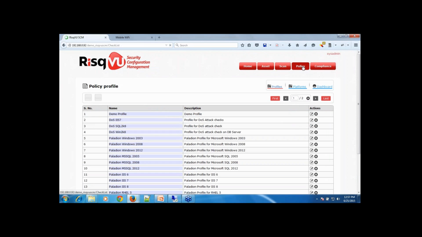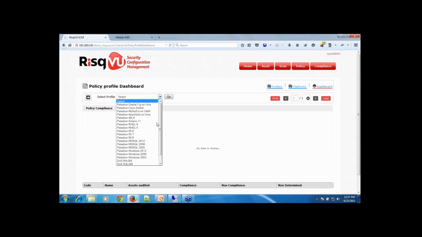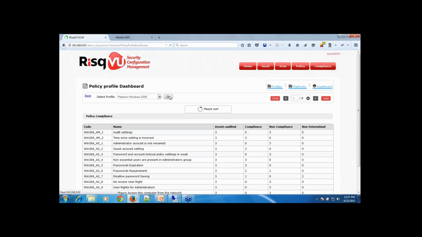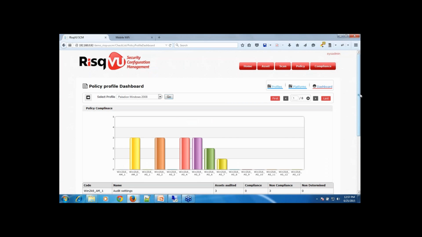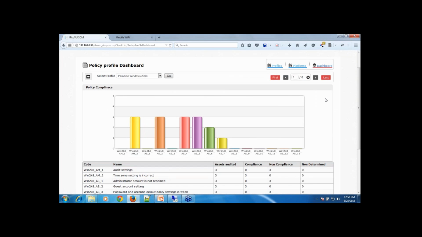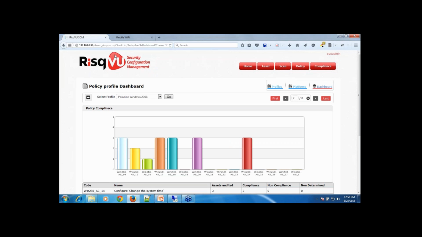For example, we have a policy dashboard. As we have seen that from assets we can come to various remediations and audit findings, we can also do the vice versa. We can select a particular policy profile and we can drill down from the compliances or from the failures to the assets. As you can see, this particular dashboard is clearly indicating which policies are compliant and what percentage or how many times they have been complied. So you can navigate through various policies and see their compliance status.